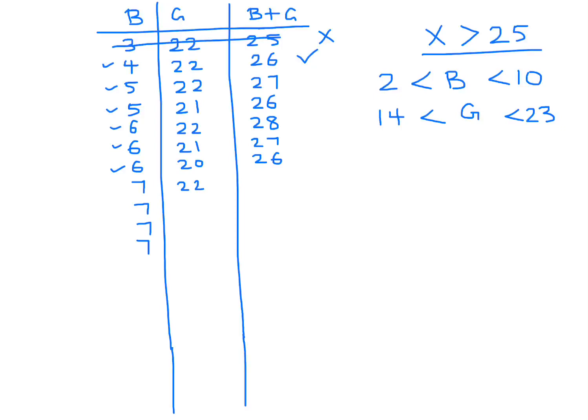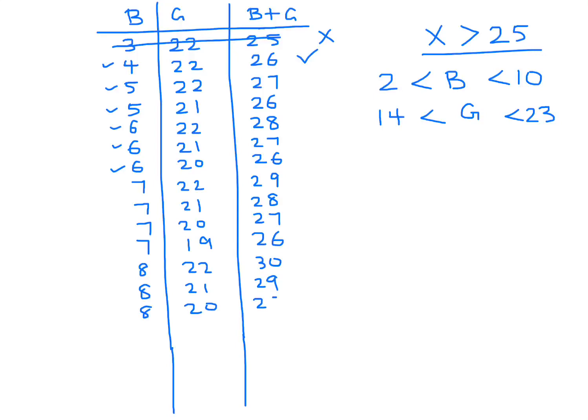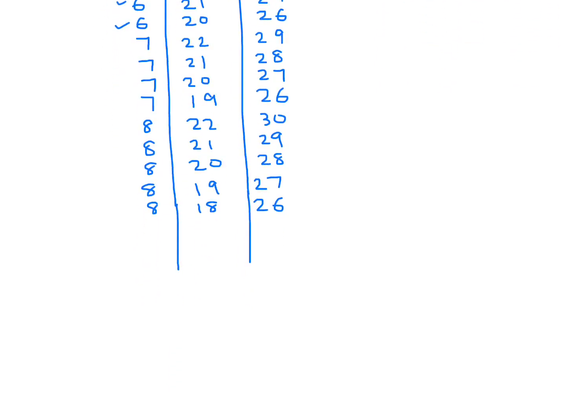Same kind of scenario, 7 and 21 gives you 28, 20 gives you 27, and then 19 equals 26, and then we can't go any more. Let's do the 8s. 8 and 22 is 30, 21 is 29, 8 and 20 is 28, 8 and 19 is 27, 8 and 18 is 26, and that pretty much is the end of the story for the 8s. And finally, for the 9s,